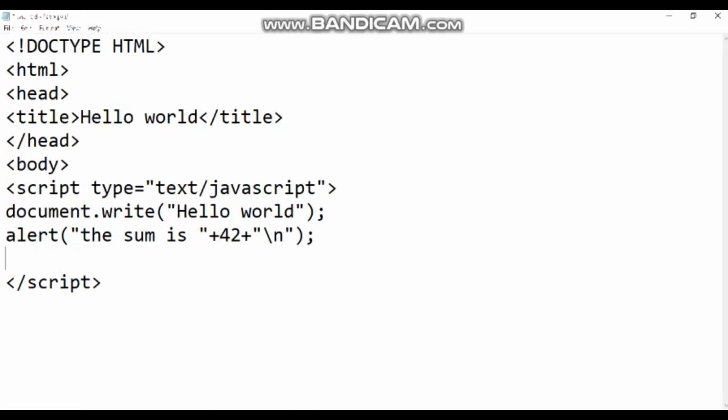Let's see what prompt does. If I want to ask for user input to be entered into the dialog box, I use a prompt. Let's say I want the name to be entered. So I can include it by having name equal to prompt. I can also say, what is your name? This is the message that is displayed in the window. New dialog box: what is your name?